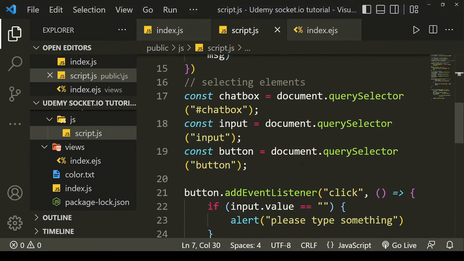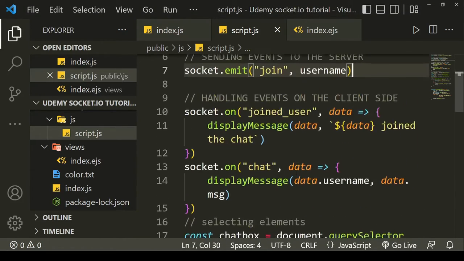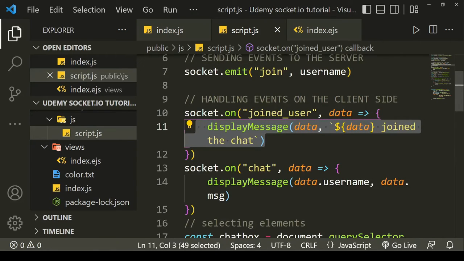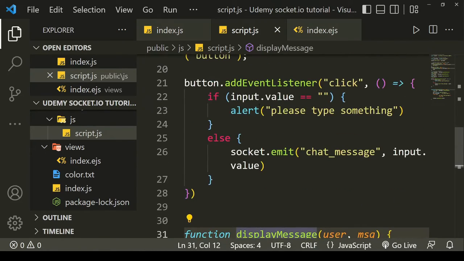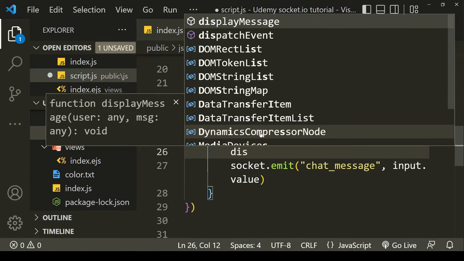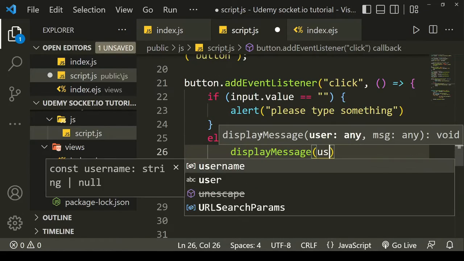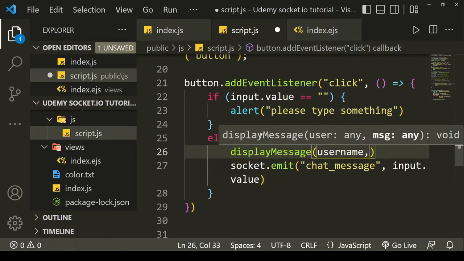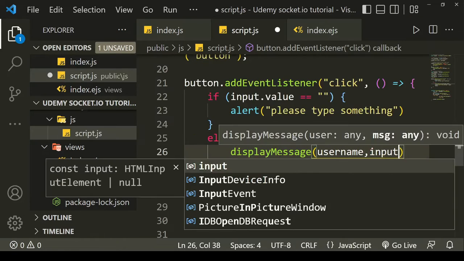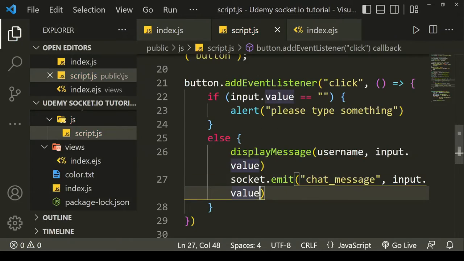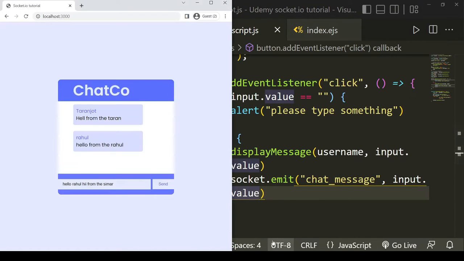Whenever the user sends a message to the server, I will run this display message function. In this display message function, I will give the username, and then the input dot value. So if I save this file and go back to my browser,